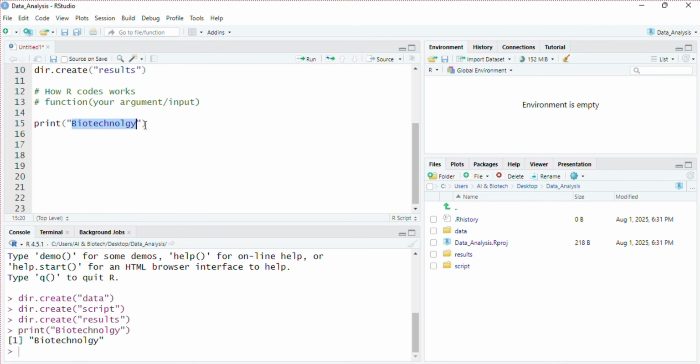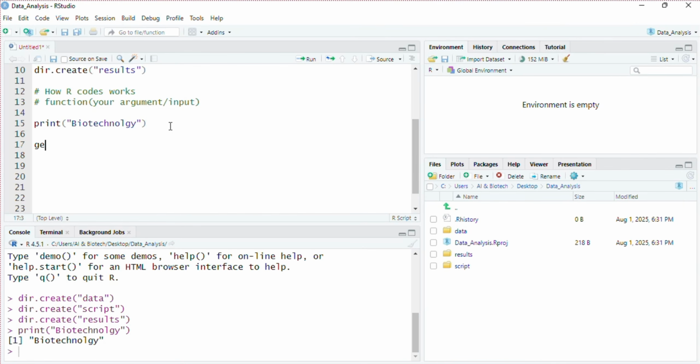So in R, every function is followed by parentheses, and you have to write everything within that parenthesis. If you write outside the parenthesis, R will not work, or it will not consider it as a command.